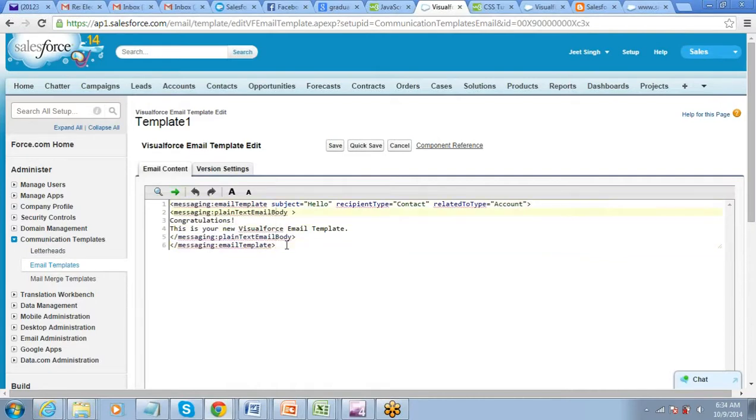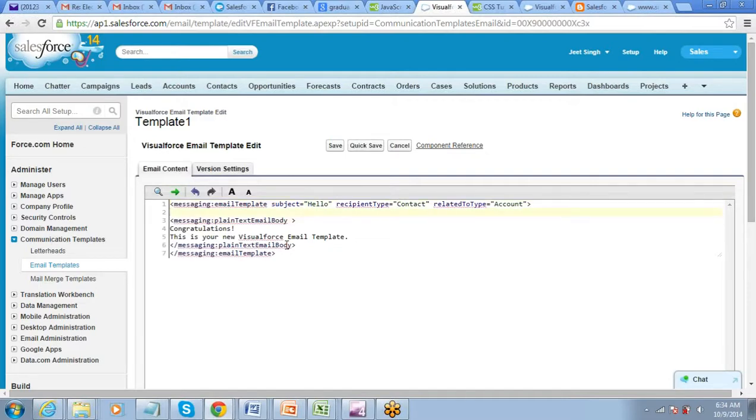So for a Visualforce email template, as for creating a component, the thing starts with apex component. Here, because this is an email template, the first line of the code is messaging email template, right? And then here is the subject. So you can go and change the subject. Subject is a required attribute. Recipient type, who will receive, and related to type.